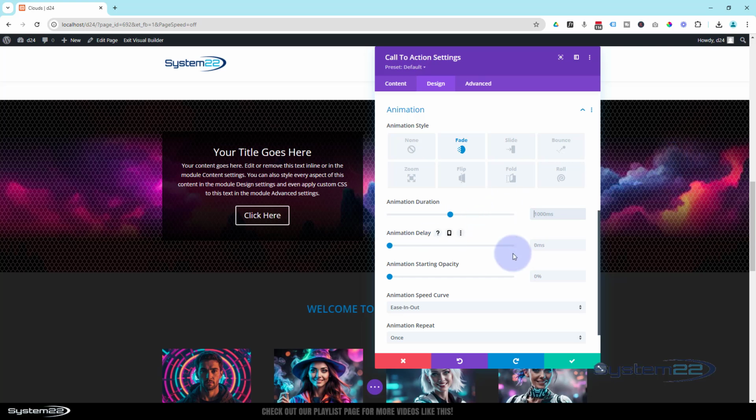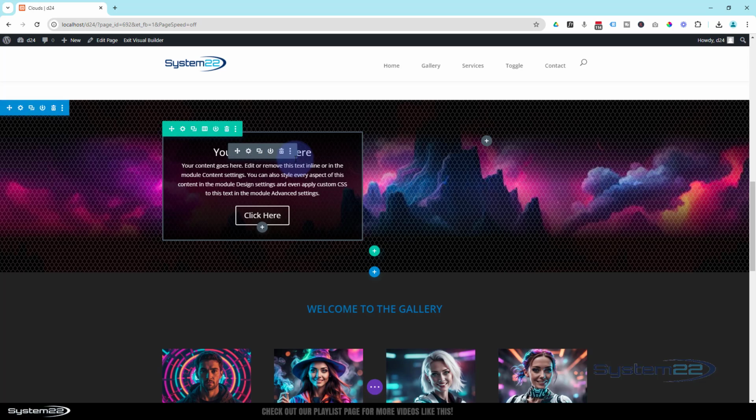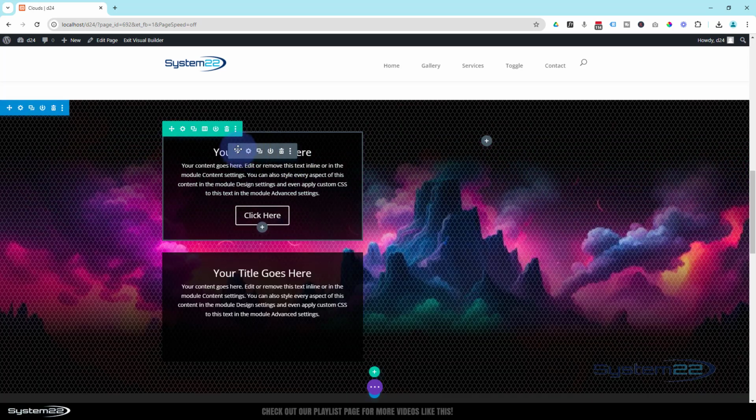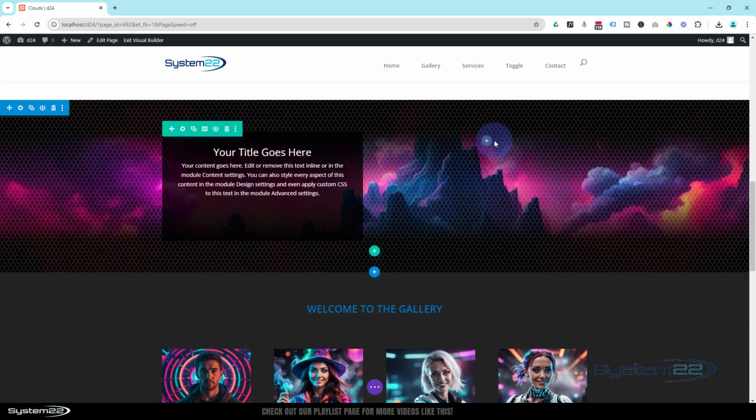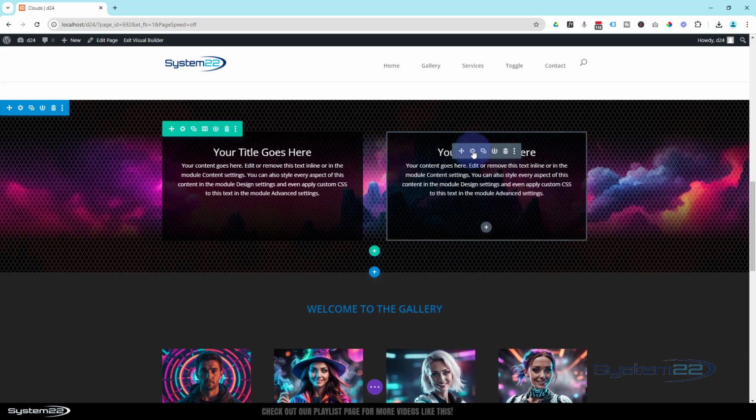I'm not going to put any delay on this one initially. Well, let's maybe put 1 second on this. 1,000 milliseconds. So it delays for a second and then it'll fade in. Now, if we copy this whole module, 2 little squares to duplicate it, drag it across. Our second one here,